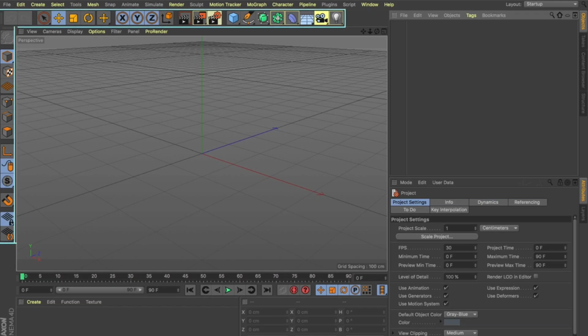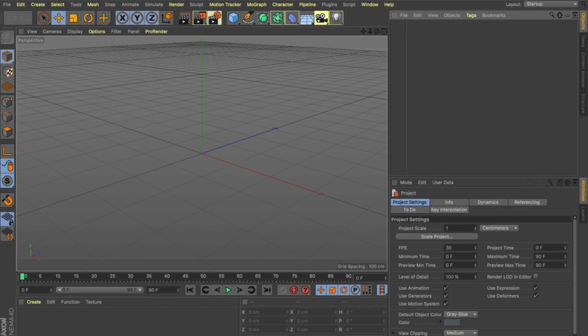Right above and to the left of the viewport are some set of tools which we will be talking about in a lot more detail later on, and above the tools at the top you see the main menu. In the next chapters we'll be talking about how to actually use these different tools and panels in a lot